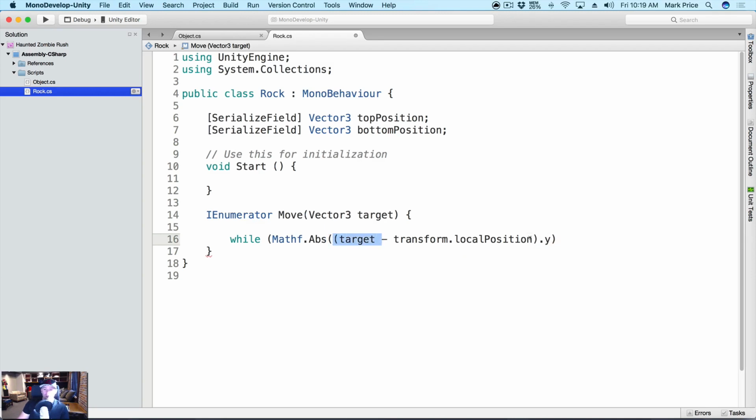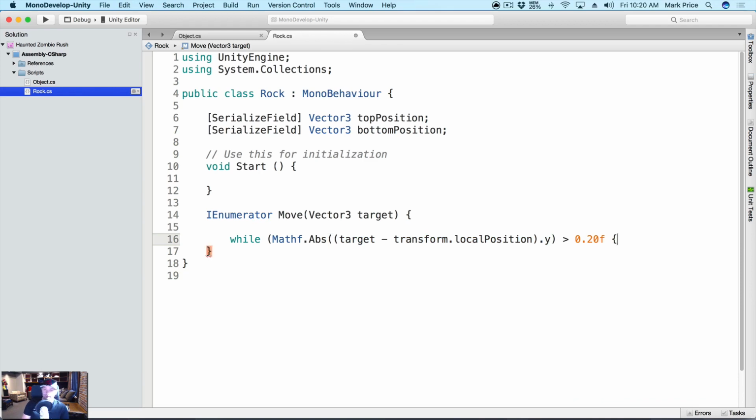Target minus transform.localPosition. Well, localPosition is a Vector3 and target is a Vector3, okay? So we're going to take one Vector3 and subtract another one, and then we're going to grab the y result. This one minus this one, and let's get the y, the distance between the y points. We don't care about the x, we don't care about the z, okay? And then we're getting the absolute value of this, the positive number, okay? And so what we're going to do is say if it's greater than